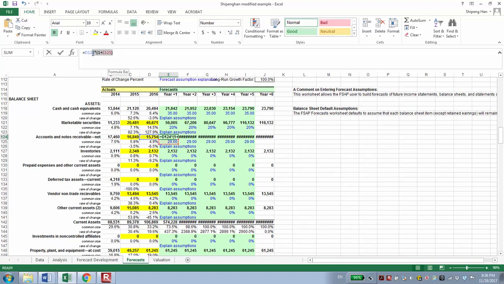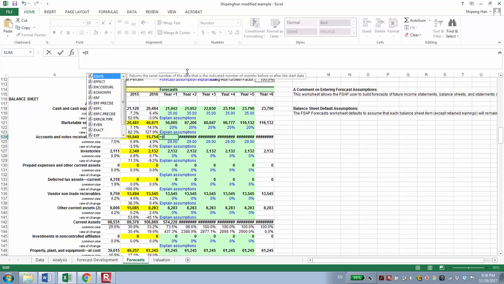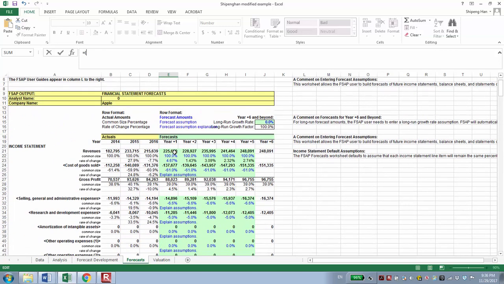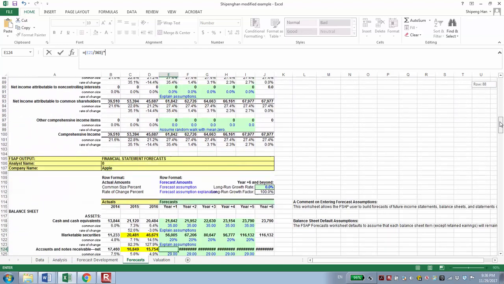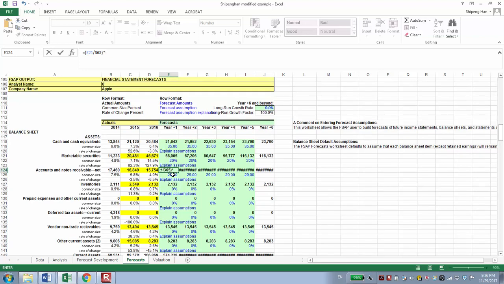The first is the brackets, okay, and we know the forecast revenue is in column E. Let's just move up. That's the revenue, right? And divided by 365. That's the daily sales, and multiplied by the number of days accounts receivable held. So here, okay. So when we enter,